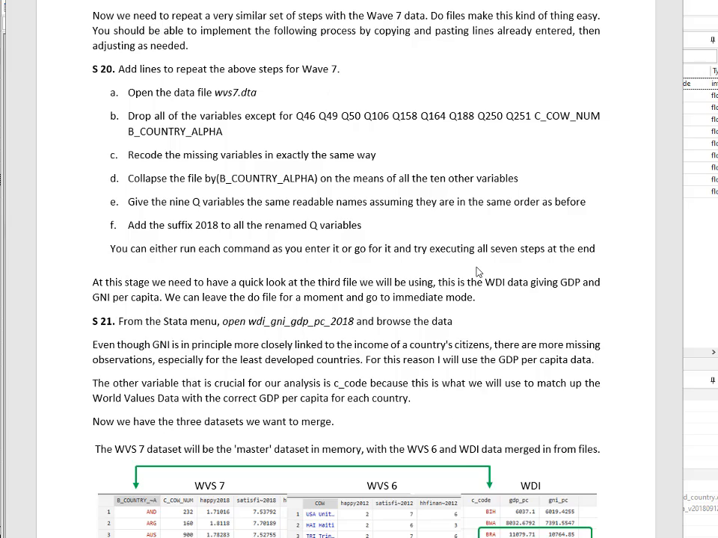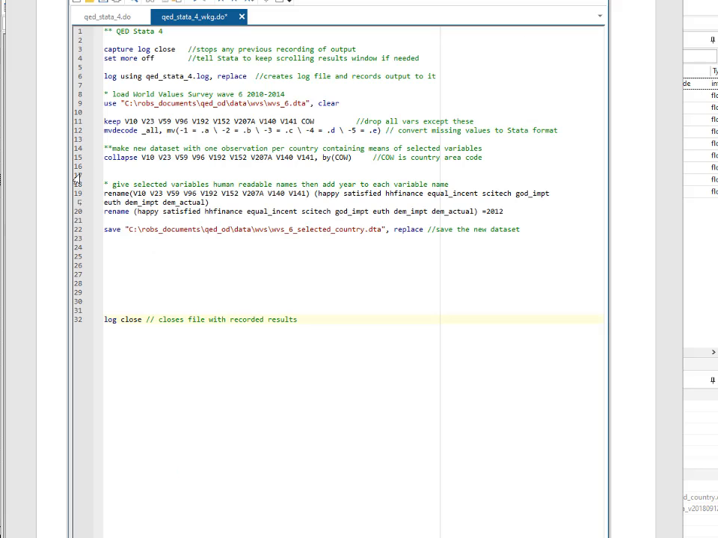Now we just have to repeat the steps we did before for wave 7. And the nice thing about using do files is it just makes it so easy to do a similar analysis again. So these are the steps we need to do. And all I'm going to do, literally, is go to the do file, which I've tidied up a little bit and put some comments in, and do everything we did, except I'm not actually going to save it. Just those bits there, everything we did from loading it